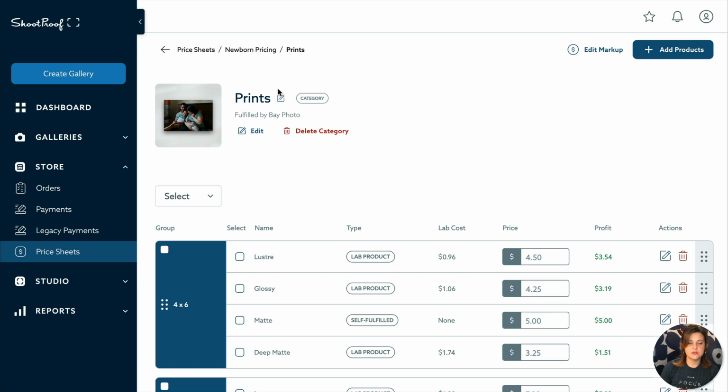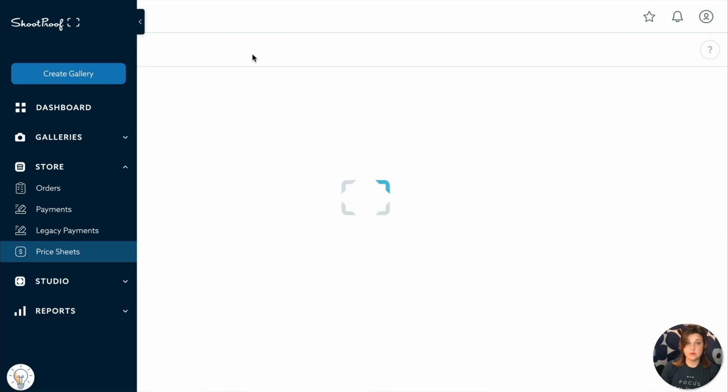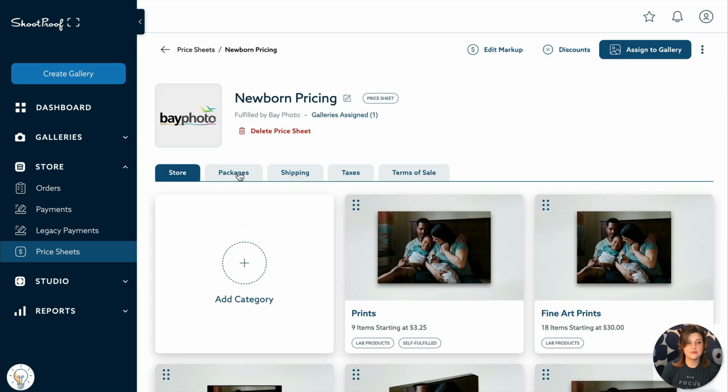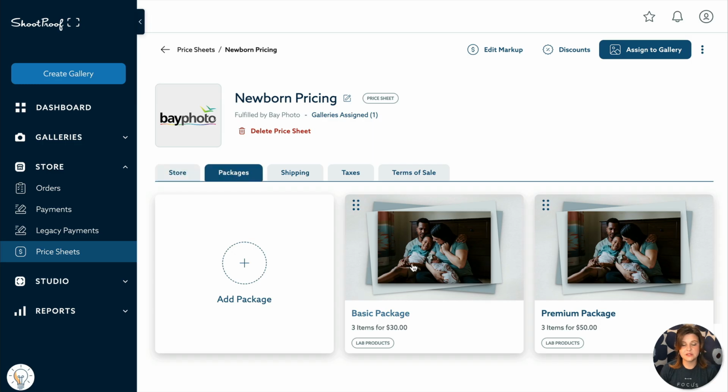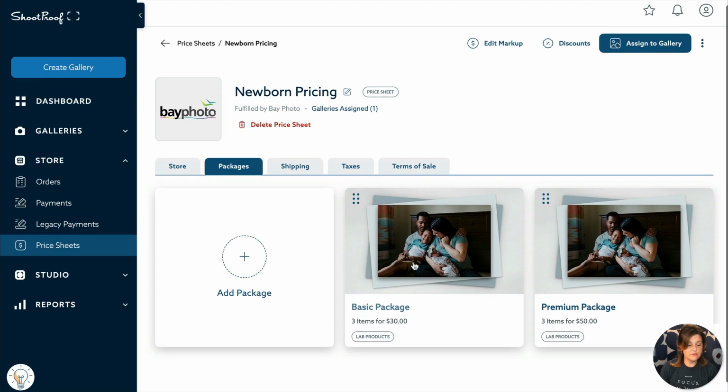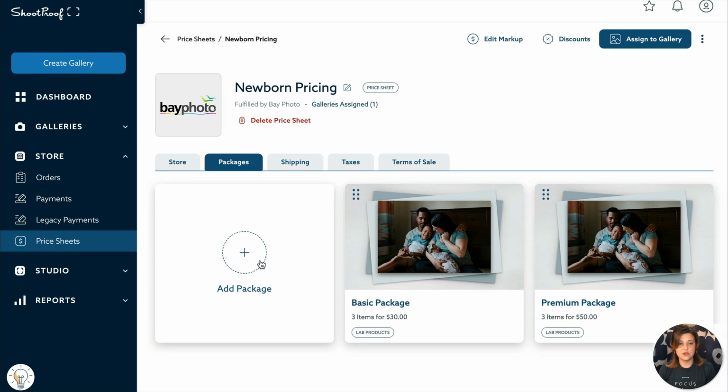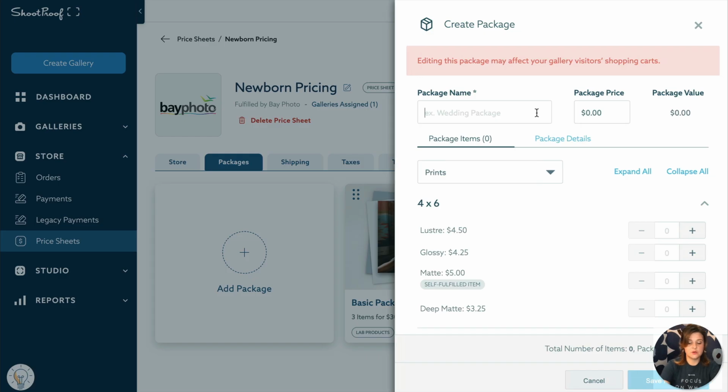So now that we have some items added in here, we can go back to the main page of our price sheet, and we're going to go to packages. Packages are pretty straightforward, but I am going to go ahead and show you that you can add a package. So we're going to give this one